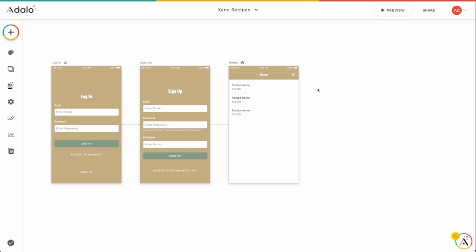Hey Adalo makers, today we're going to look at how to count records in Xano when you're using Xano as